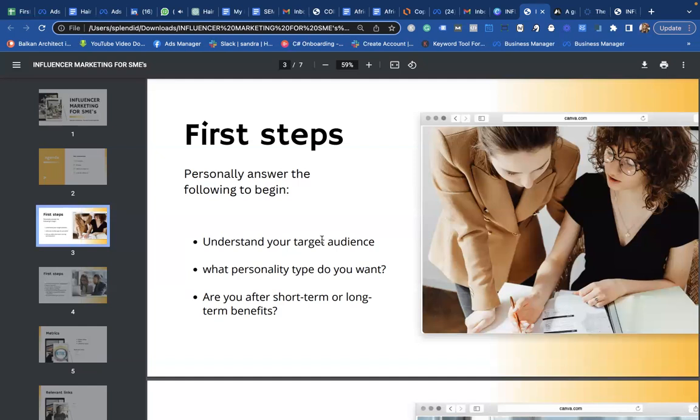Now, another thing you want to look at is what personality you want to work with. Like I said, you wouldn't find a luxury brand using an influencer that does not have very good backgrounds in terms of actually taking time to do actual content.